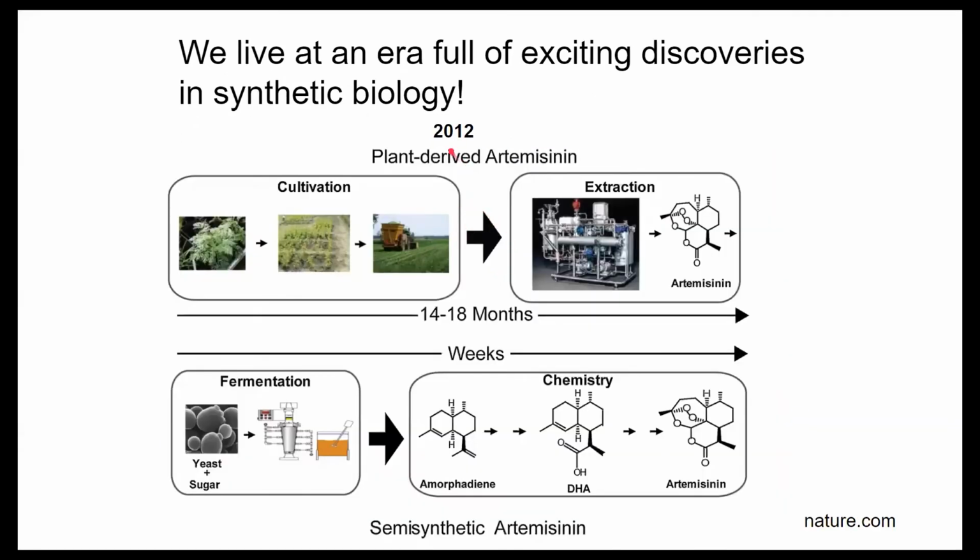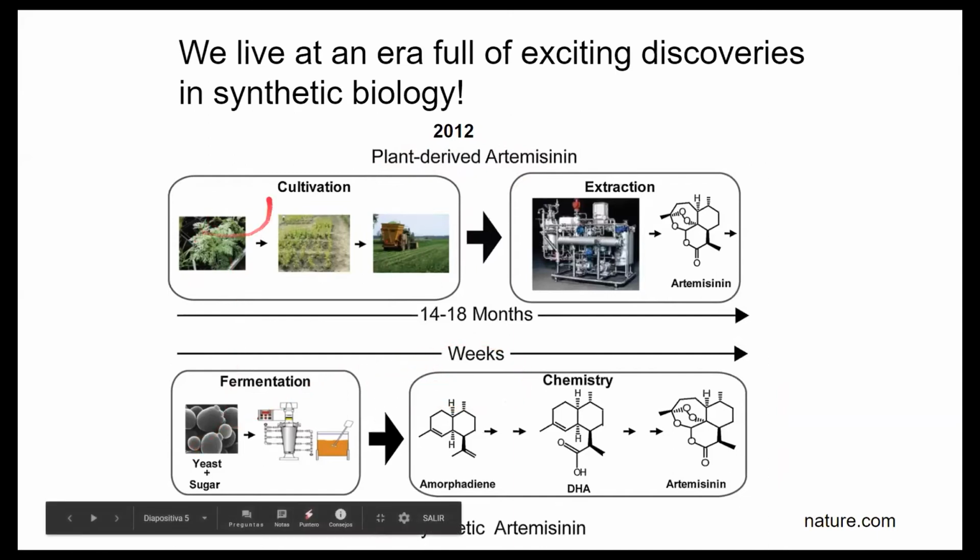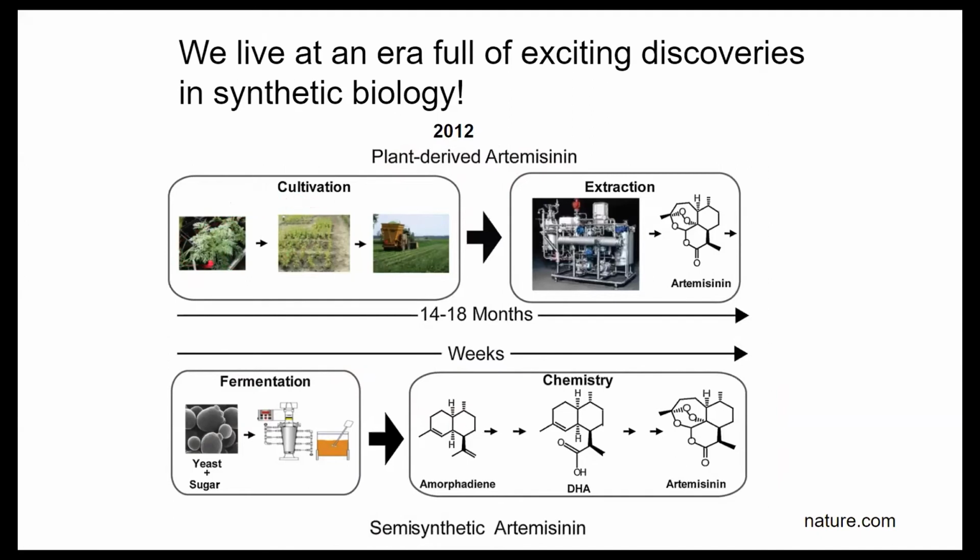There are also 2012 advances in synthetic biology. One of them is the plant-derived artemisinin that has been switched to a method in yeast. So normally in this top panel, you can see the cultivation of the plant that creates this drug artemisinin. It takes a long time, almost 14 to 18 months, but the extraction methods are very expensive and they won't produce a lot of the drug, which is used to treat forms of